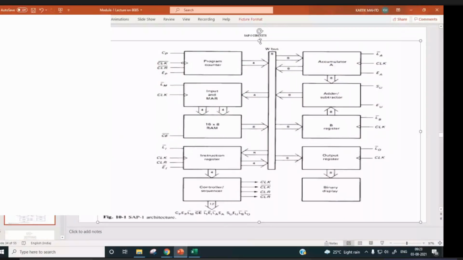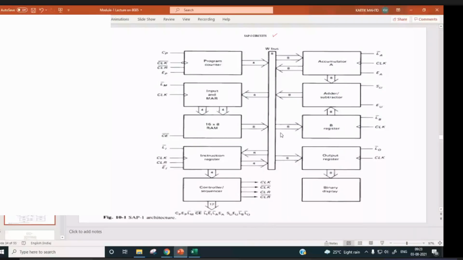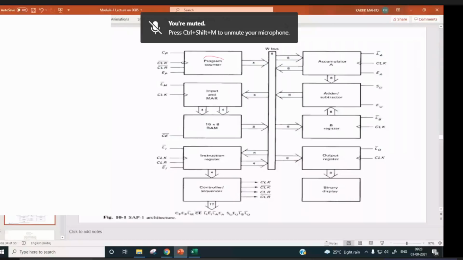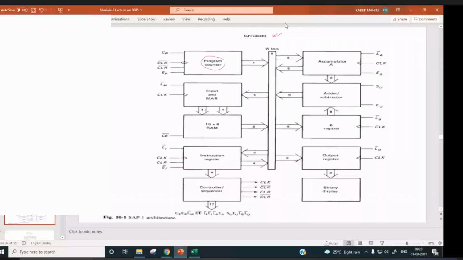So what I see over here is a SAP1 circuit, simple as possible computer. So what we see is we have a program counter.